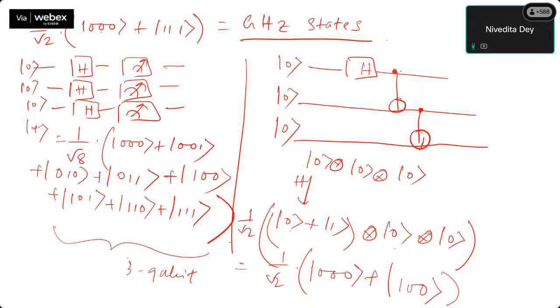Now what are we applying? We are applying two CNOT gates. So this is your Q0, this is Q1, this is Q2. Let me also mark it over here: this is Q0, this is Q1, this is Q2. Similarly here, Q0, Q1, Q2. So 1 by root 2 times 000 plus 100, on CNOT